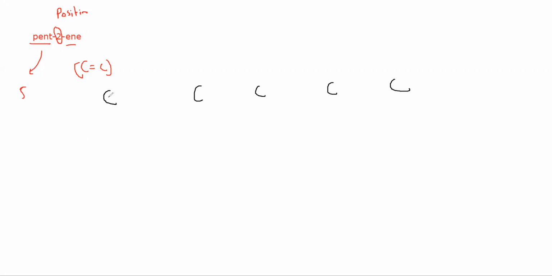If I'm counting from here, this is my first carbon on the left hand side, and this is the second carbon. I'm just writing numbers for identification, 1, 2, 3, 4, and 5. Then I should place the double bond here. But if I count the carbon from the other side,